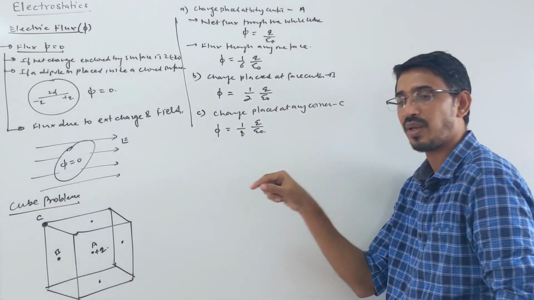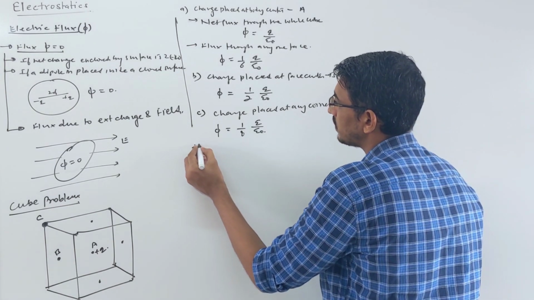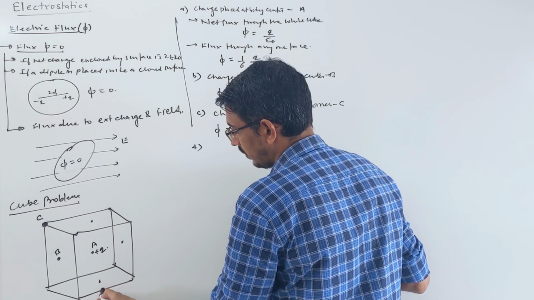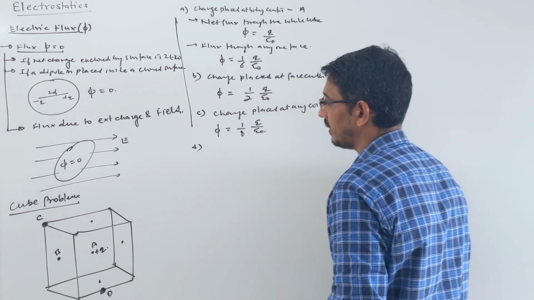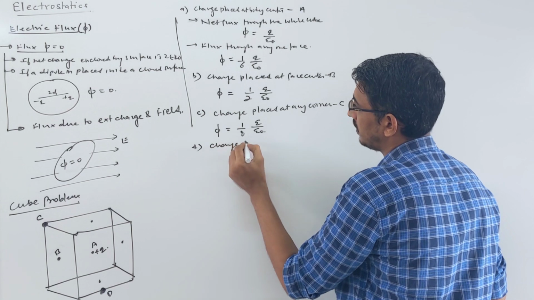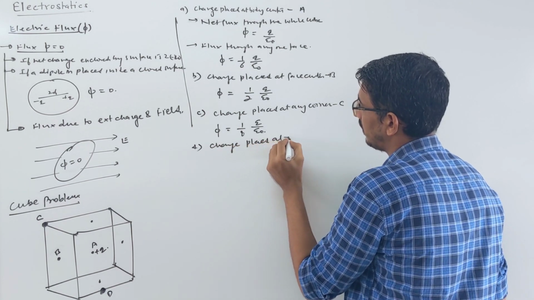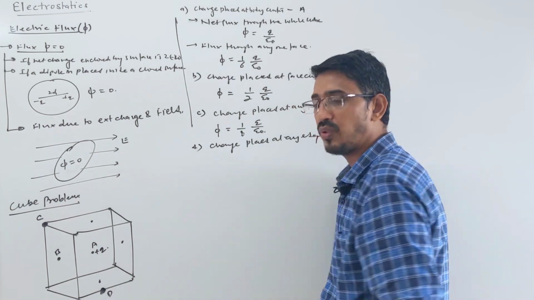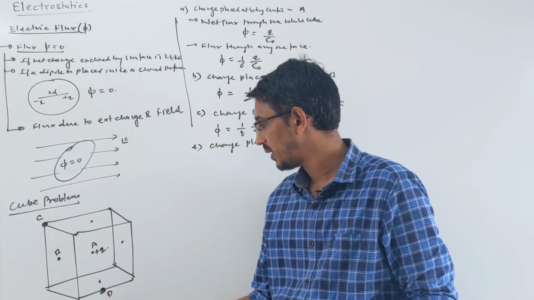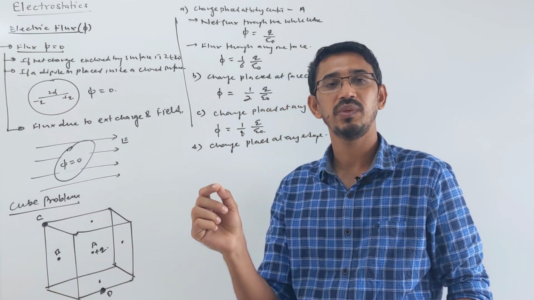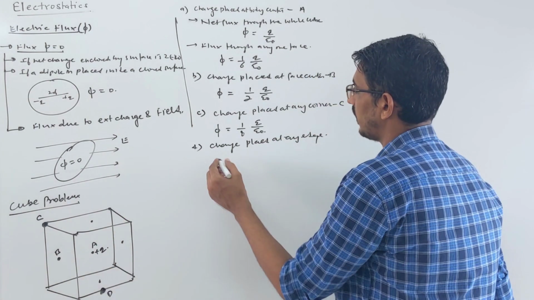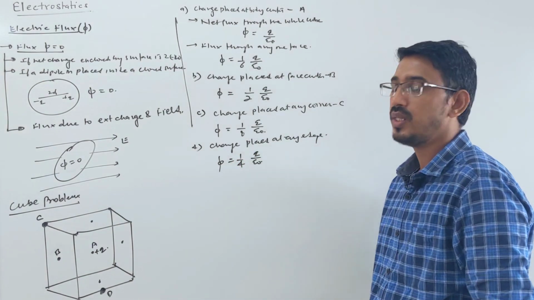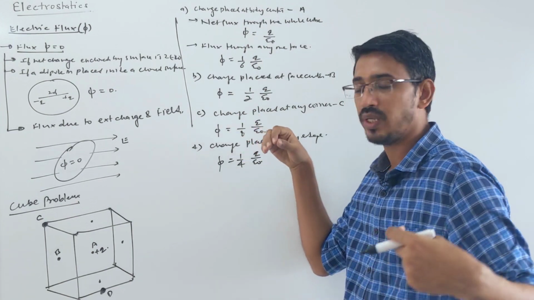Now you can put the charge at the edge, like at this point D. Charge placed at the center of an edge, right? Now you put it here, then how much will it contribute? 1/4, right? You put a charge Q here, then 1 by 4 of the charge will be inside the cube. So what is the flux coming through that? 1 by 4 of Q upon epsilon naught, right? Suppose it is a negative charge, then the same flux only goes into the cube.